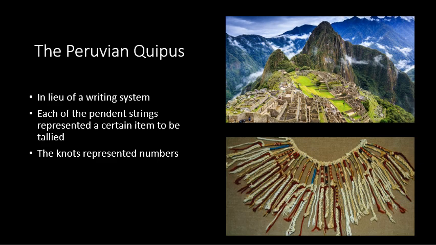And then the knots that you see here, those are the numbers. So basically, you have one pendant here, or one string. This would probably represent, let's say, the number of goats. So if they put a knot here or there, then that would mean that there's a certain number of goats that they are recording. So what you see here, ancient civilizations had a need to keep track of things,